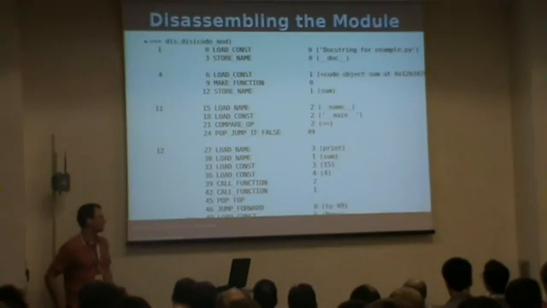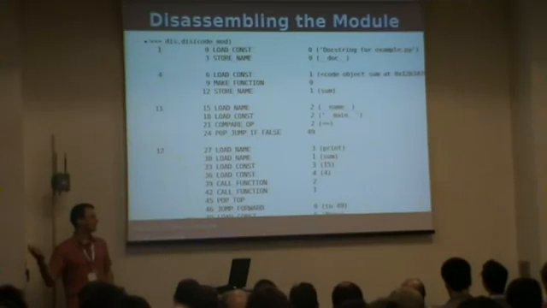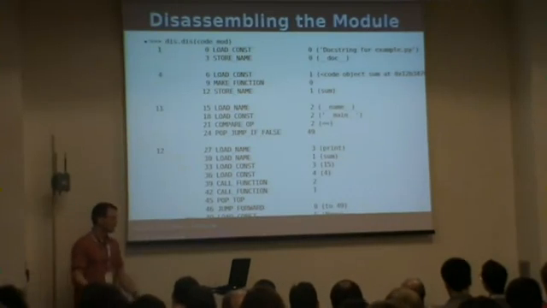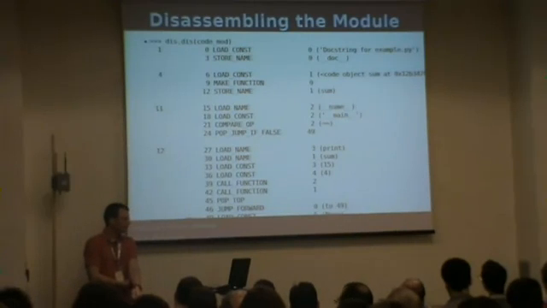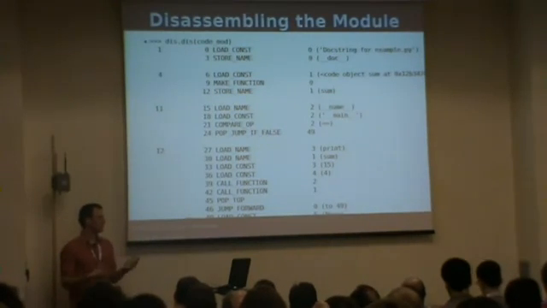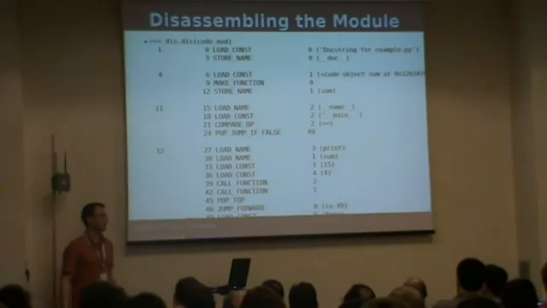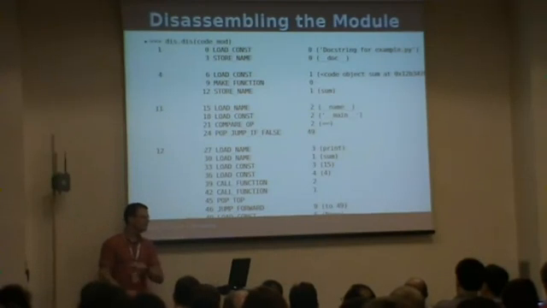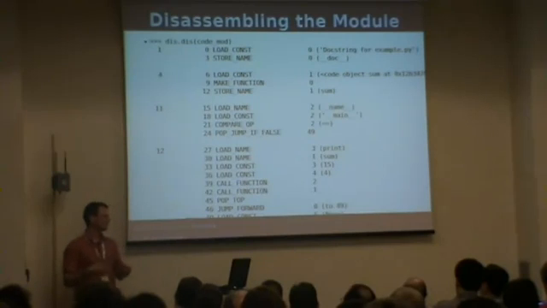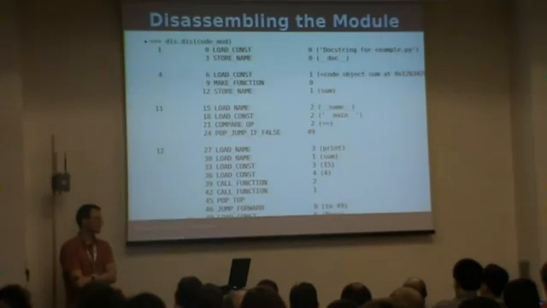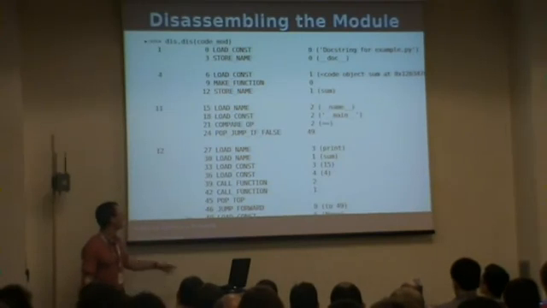Similarly, the next line is line 11. That was the if statement, if name equals main. So the if statement does load name, load const, both of those will end up putting something on the stack. So now you've got 2 new items on the stack. Compare op will take those 2 items, do the comparison, and put the result back onto the stack. The next is the actual if statement. It takes the top of the stack again and tests whether it's false or not. If it is false, it will do an absolute jump. The argument here, 49, is actually the address